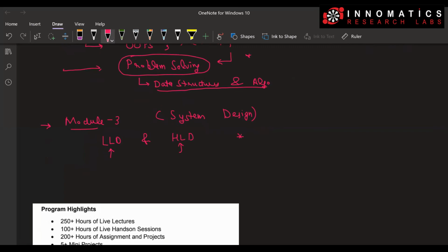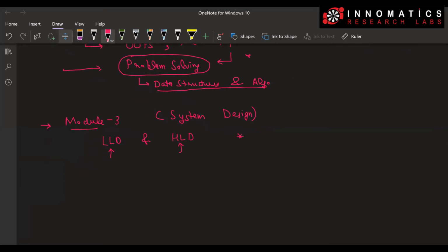Now, the fourth module that we have as a part of this course is backend design. Now in this backend module, we are going to learn something called Spring Boot framework. We are going to understand each and everything in Spring Boot framework. We are going to understand how to develop the entire backend application using Spring Boot framework. We are also going to understand how to connect your front-end application with the backend of your system. Right? All those things we are going to cover as a part of module number 4.